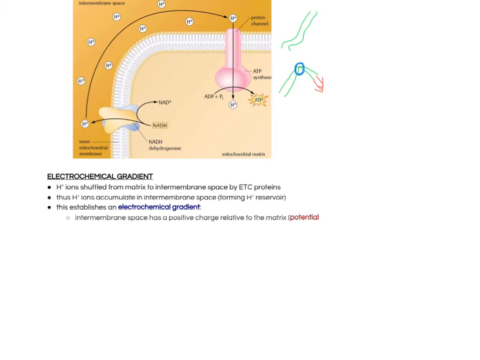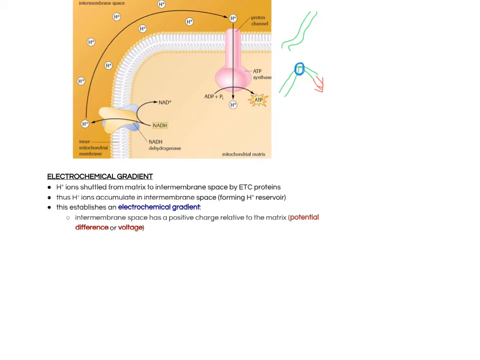Okay, so there we go. What's happening is that the intermembrane space is becoming positively charged relative to the matrix. In other words, all the positive particles are moving out of the matrix, so it's not necessarily that the interior is negative, it's just negative relative to the intermembrane space. That sets up not just a concentration gradient, but an electrochemical gradient,